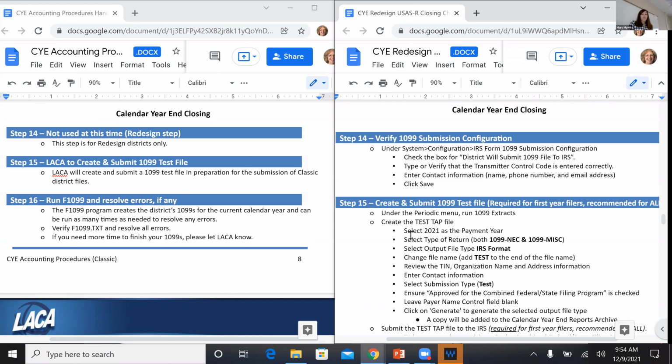And then verify that your transmitter control code is entered in there correctly. Or if you are just getting that back from the IRS, go ahead and enter that. If anybody has not received that from the IRS at this point in time, if you go to this screen and that TCC is not entered and you don't know what that number should be, go ahead and send us